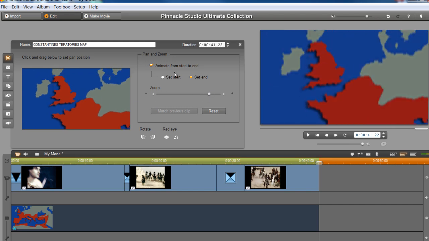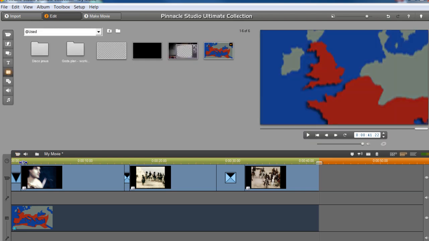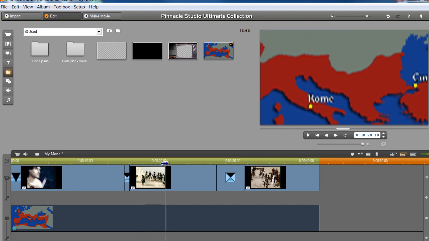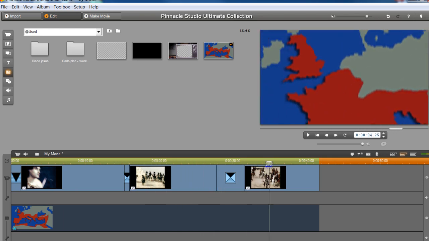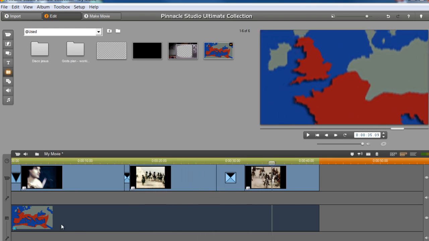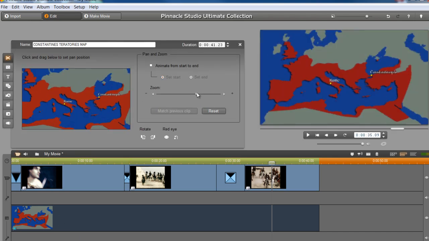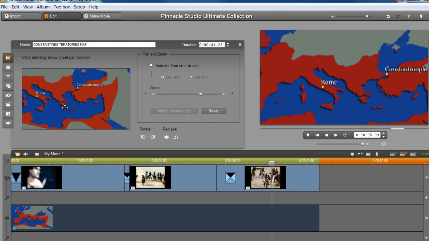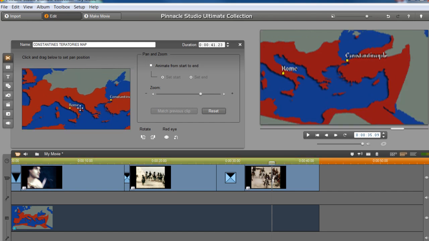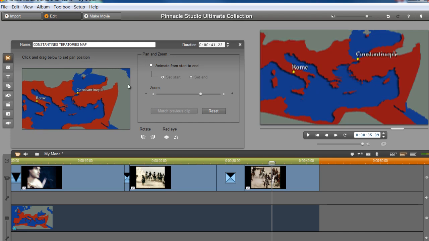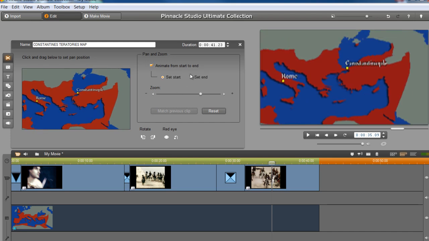And now what this is going to do is it's going to allow us to zoom over, pan over, like that. But let's say you wanted to focus in on one certain spot, and say you wanted to zoom in here and then stop on Rome and then zoom up to England. So what we're going to do is we're going to hit animate and then go set end and zoom in